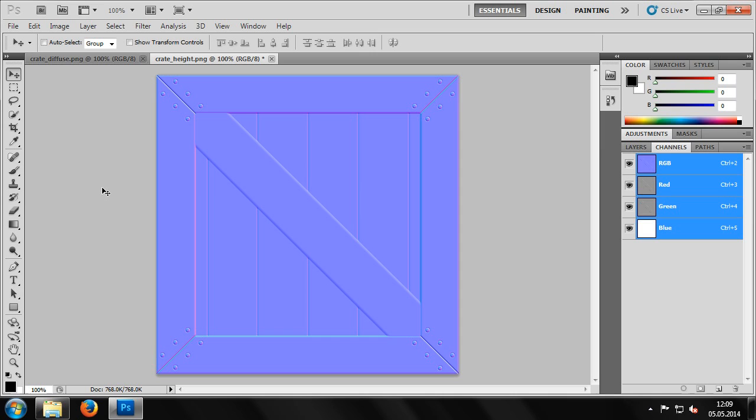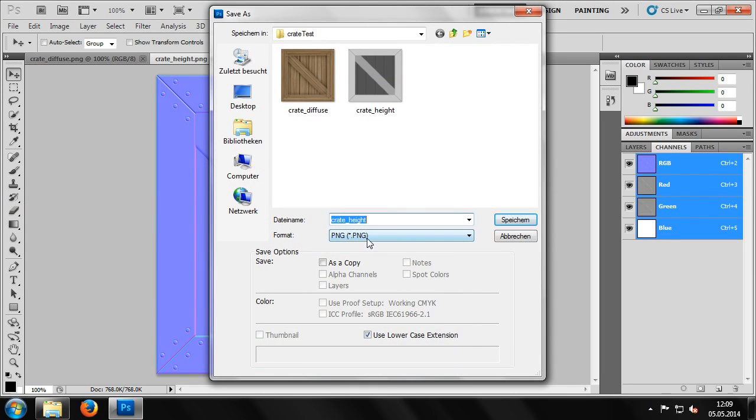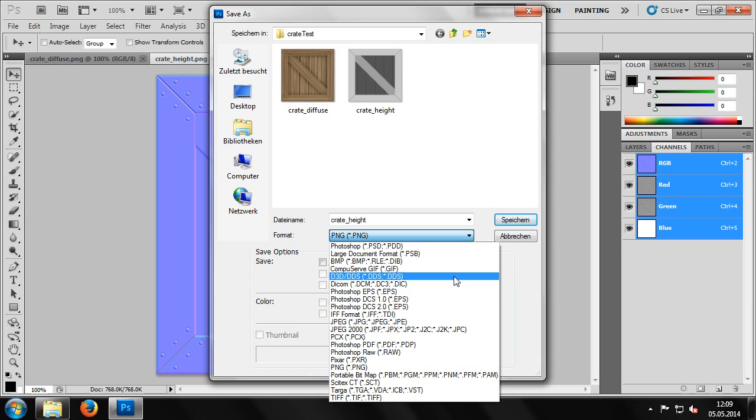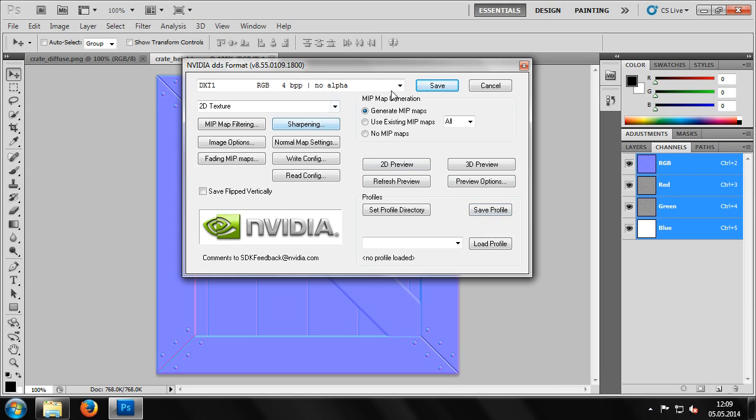Now we need to convert our textures to DDS format. From the menu, we then choose File, Save. In the Save dialog, we pick D3D DDS as the file type. We shouldn't change the name of the file, otherwise the Giants engine will no longer be able to find this texture. So we now save our create_height PNG as create_height DDS, and an NVIDIA dialog opens again, letting us make